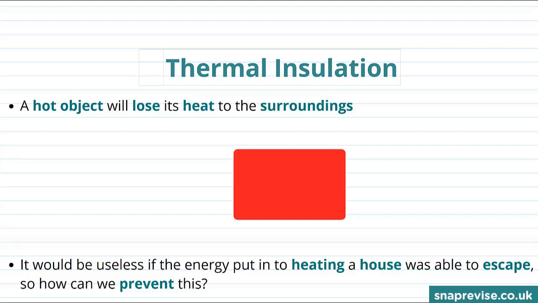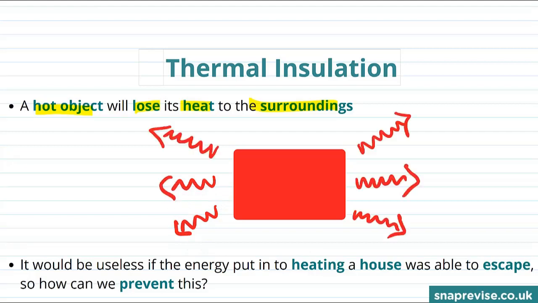Hi there, this is the second part of our video about reducing unwanted energy transfers. And in this part of the video, we're going to be talking about thermal insulation. We know that a hot object will lose its heat to the surroundings. So here we imagine we have a hot object which is radiating heat in all directions, causing it to cool